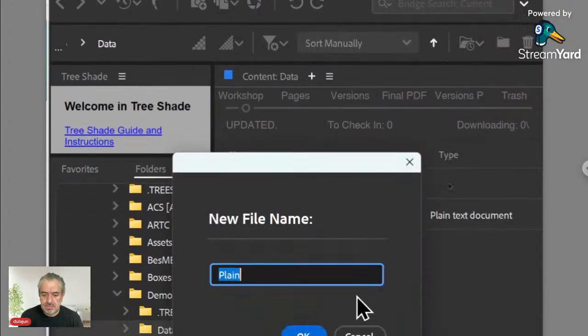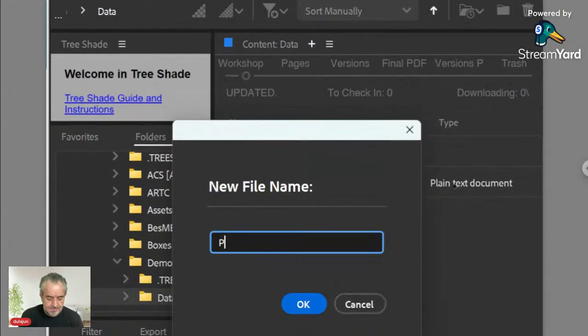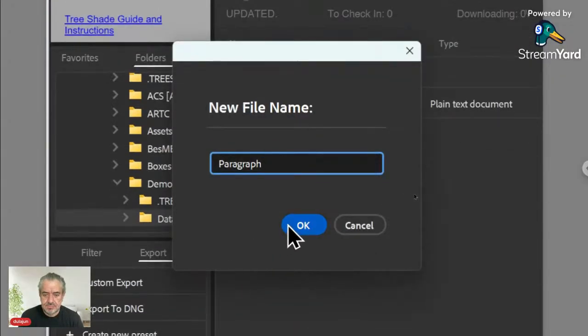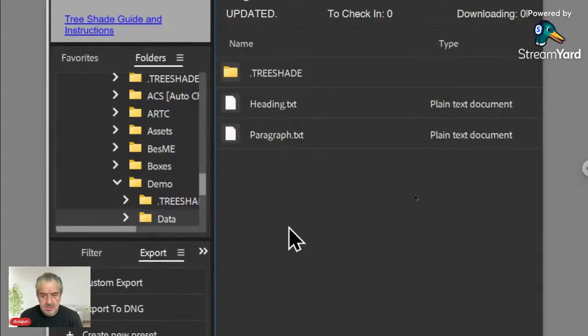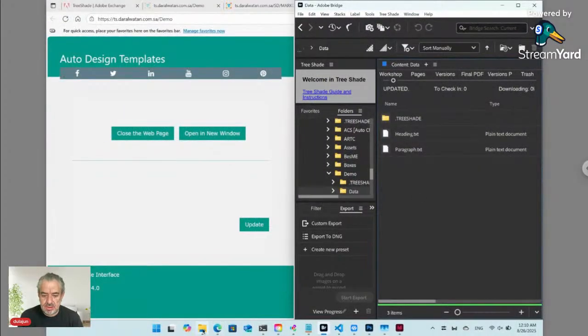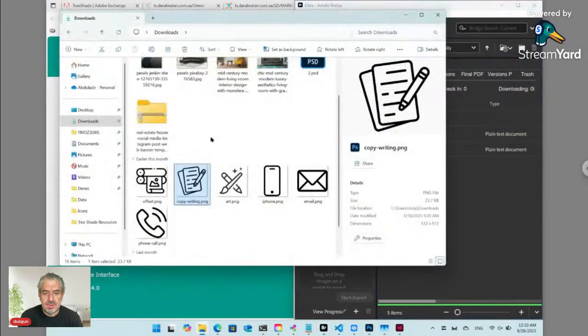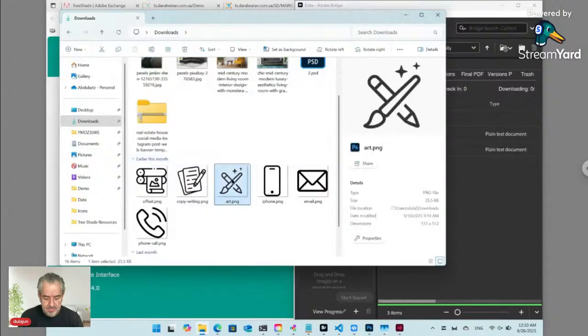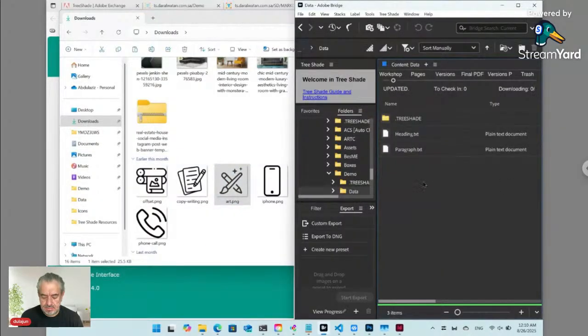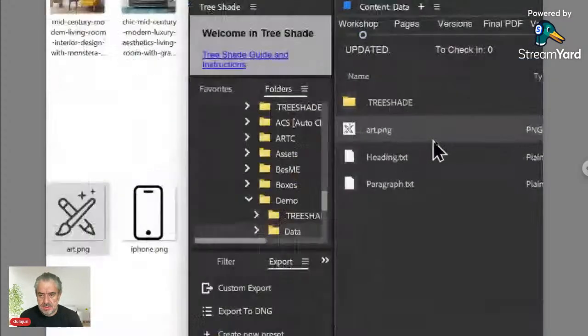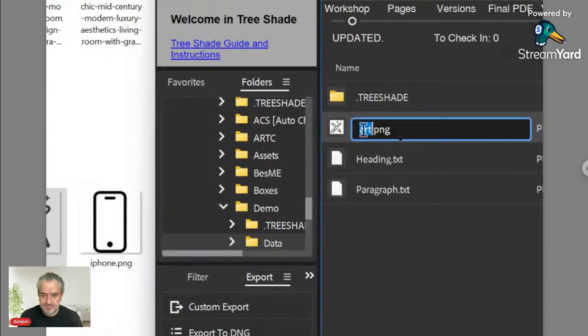Let's name paragraph, and let's add a placeholder for the icon. Okay, let's rename to icon. Okay, now we have heading,